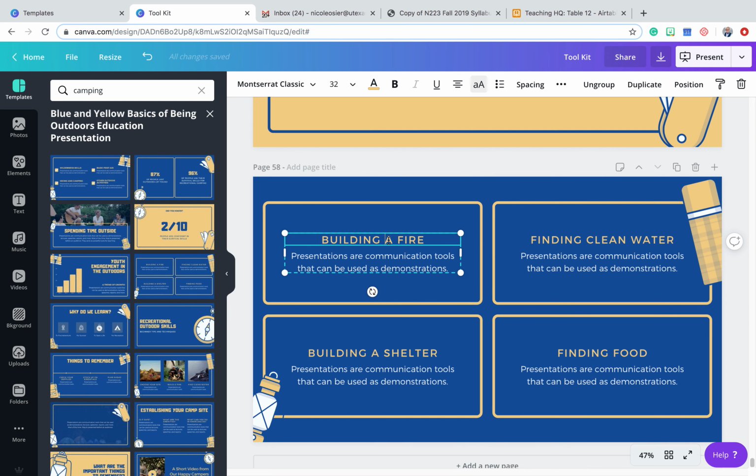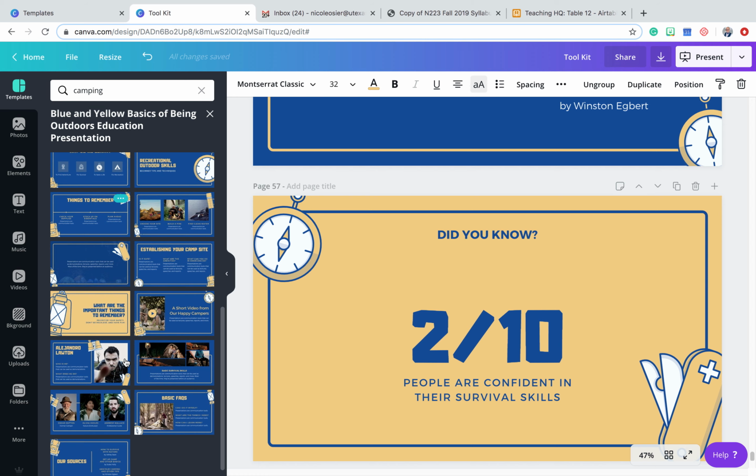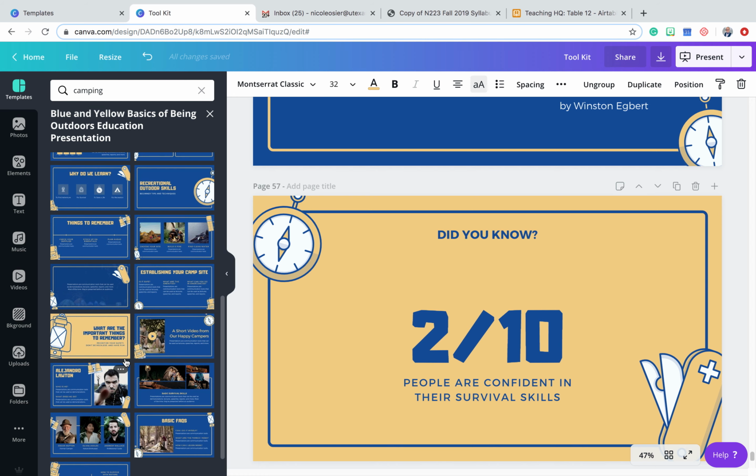And then once it's in here, you can change the text to say whatever you want. Educational stuff. Learn something, whatever the case may be. The other really nice thing about Canva is that in addition to having all of these slides that you can just adapt for your own purposes,